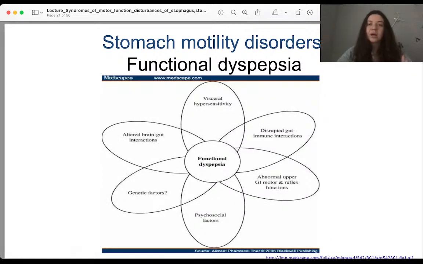And the pathophysiological components of functional dyspepsia are probably affected by visceral hypersensitivity, by disrupted gut immune interactions, by abnormal upper GI motor reflex function, by psychological factors, genetic factors, and altered brain-gut interactions. All of them, like risk factors, can lead to functional dyspepsia. And one more time, it is dyspepsia